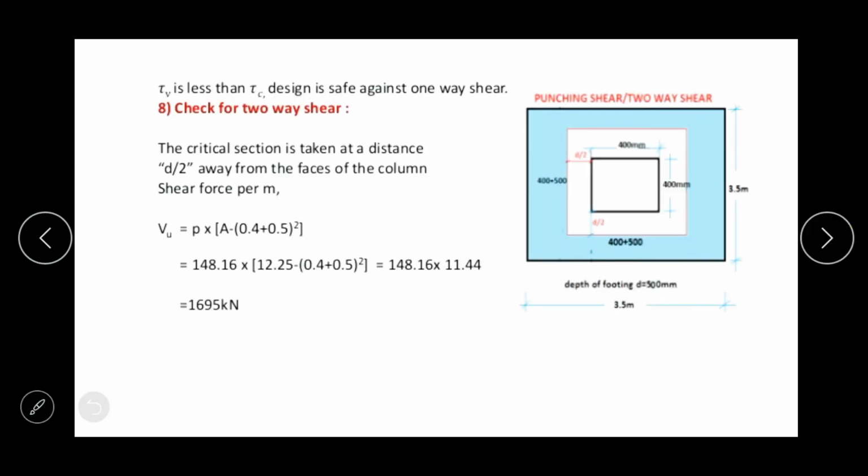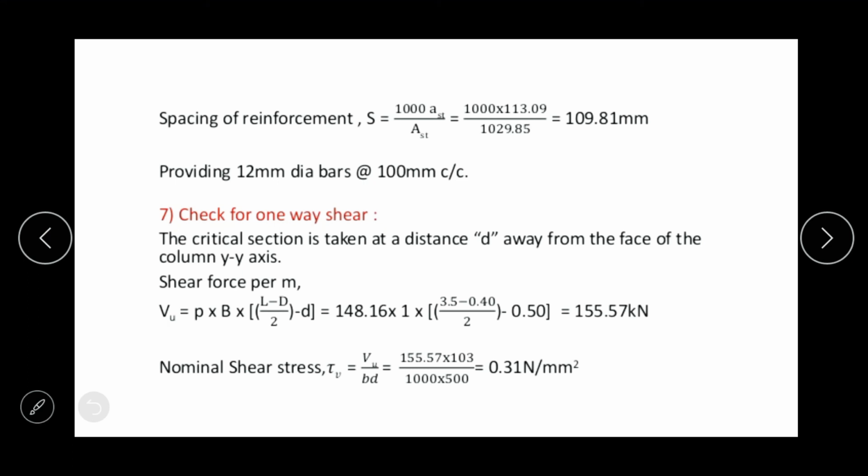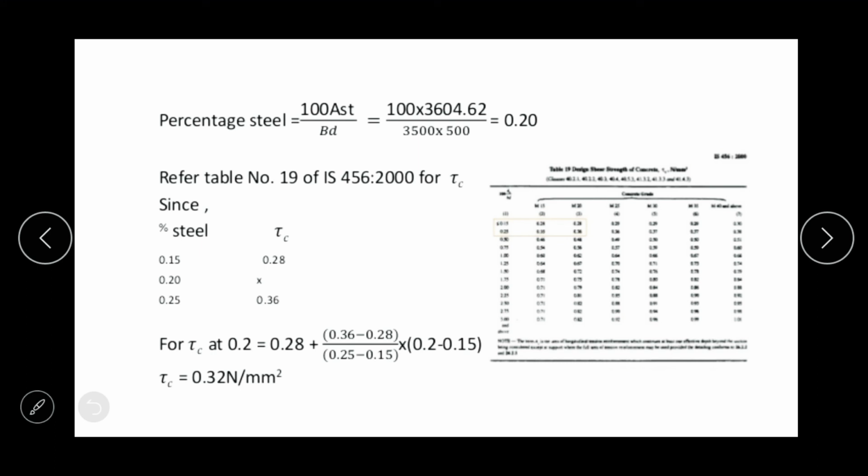So here the tau V value is less than tau C value. What is the tau V value? That is, the shear stress actually coming on the footing is less than the shear resisting capacity of the concrete. The stress on the concrete is 0.31 Newton per mm square, but its resisting capacity is 0.32